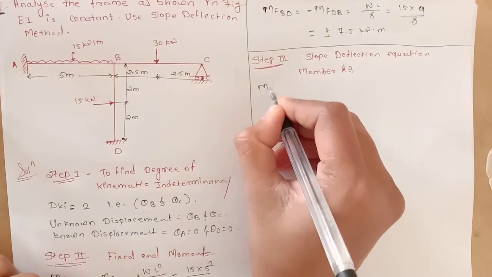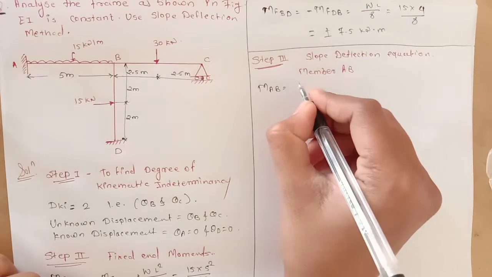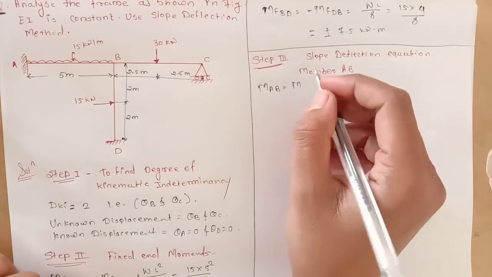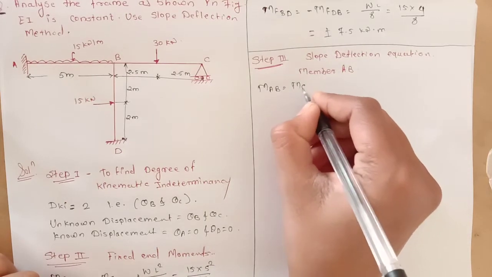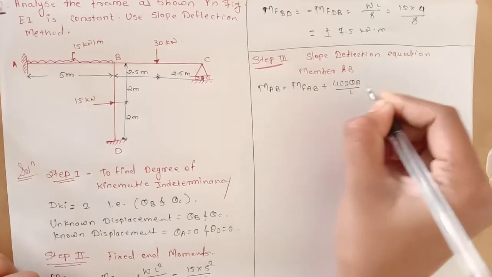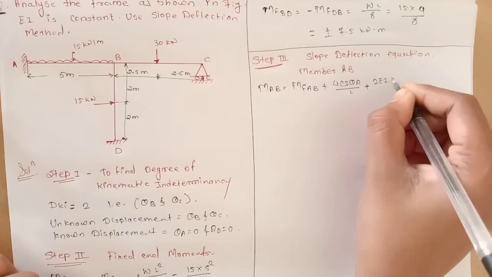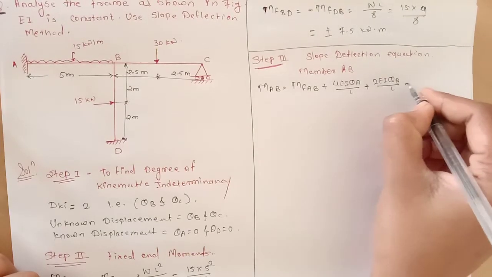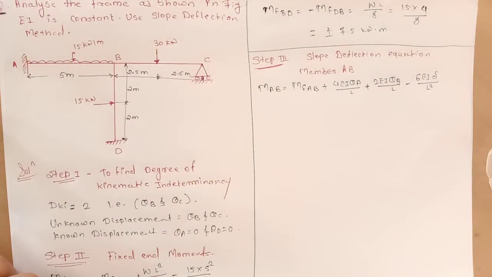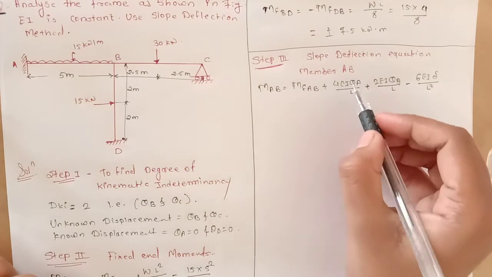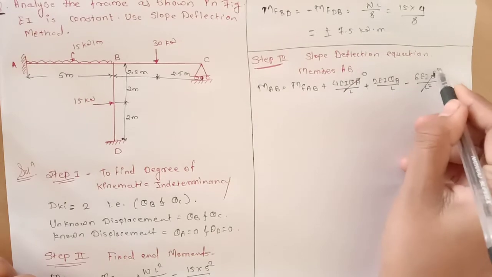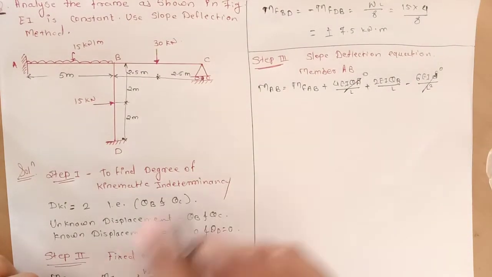The slope deflection equation for member AB is equal to fixed end moment for member AB plus 4EI theta A divided by L plus 2EI theta B divided by L minus 6EI delta divided by L square. So here we know that the value of theta A is equal to 0. So that's why this whole term is equal to 0, and the delta term is also equal to 0. So remaining is